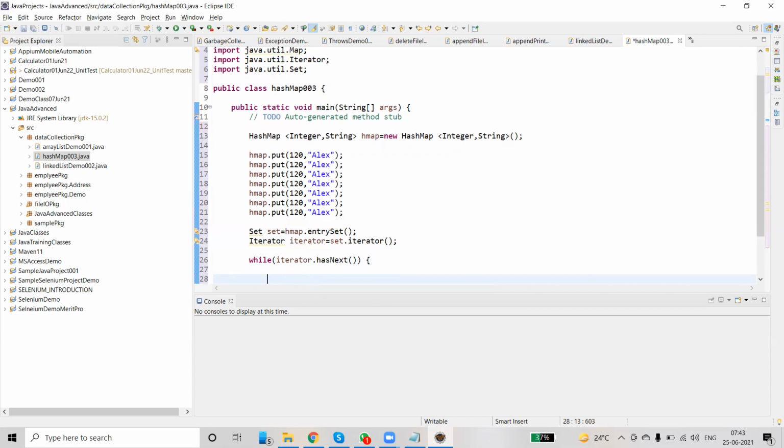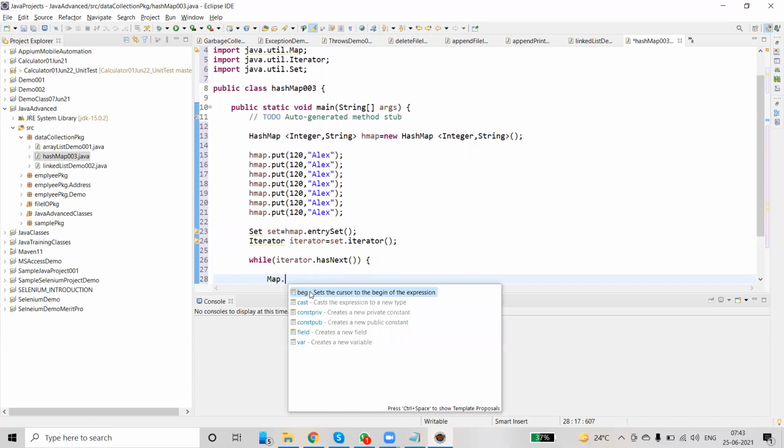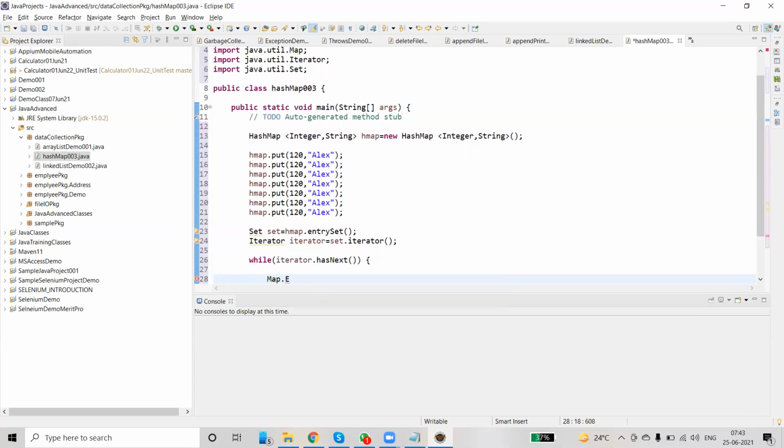Yes, of course. Then we have to use Map.Entry. Entry equals iterator.next.